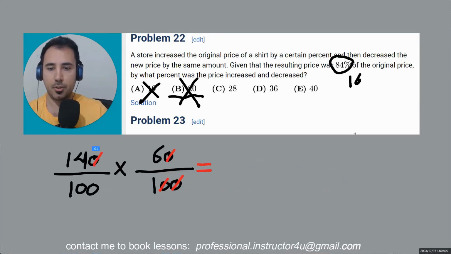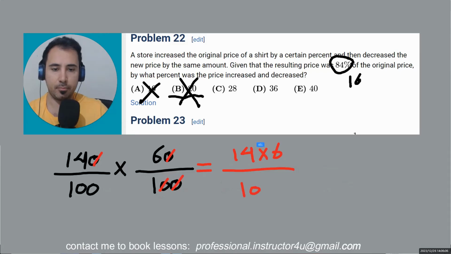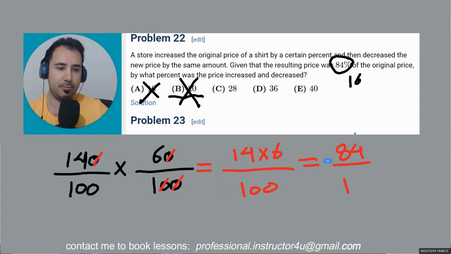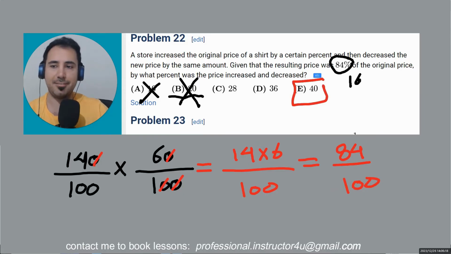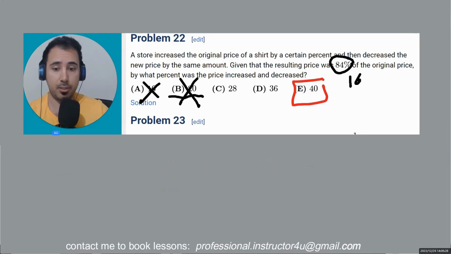Okay, so it's going to be 40 times 6/100. So what is 40 times 6? 60 plus 24? 84%. There you go. So the answer is E, because we tried 40%. See, this is like the easiest way you could do this. You could just do the same thing, right? If you don't like this way, which I recommend you do it like this, you could say,